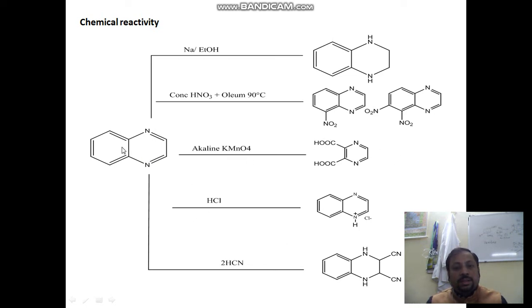And when this quinoxaline is again treated with HCl, because it is an amine with two nitrogens, we feel that it will act as a base. Let us see for this. If we take this HCl and treat it, then it forms a salt. That means it acts as a base sometimes. So it's a very weak base, and a weak base will also form a salt with the HCl.